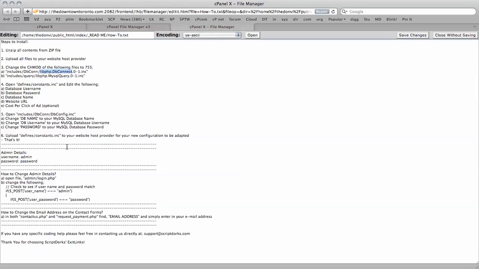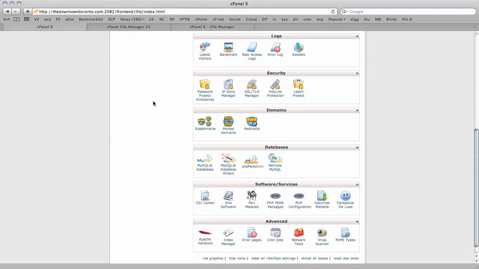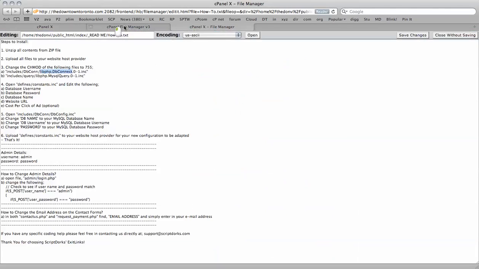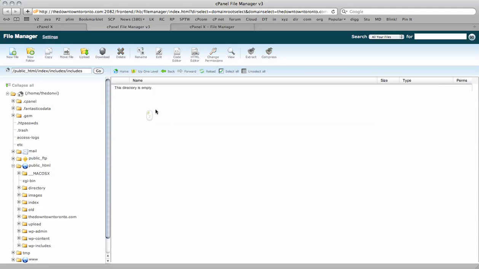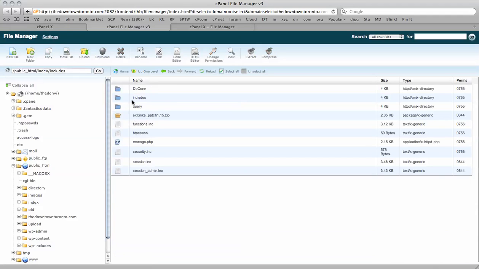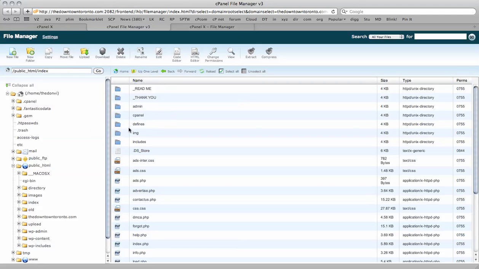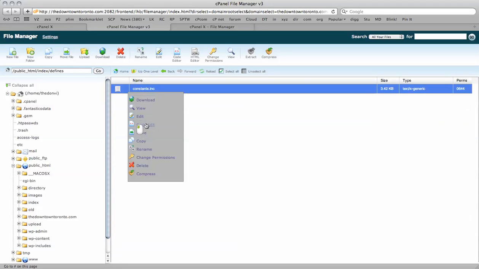defines/constraints.inc and enter the database details. So to get started, we'll first open that file up to show you where that is. It's in the includes. Includes is here. No, it's in the defines. Sorry, defines is here. We're going to edit the code here,